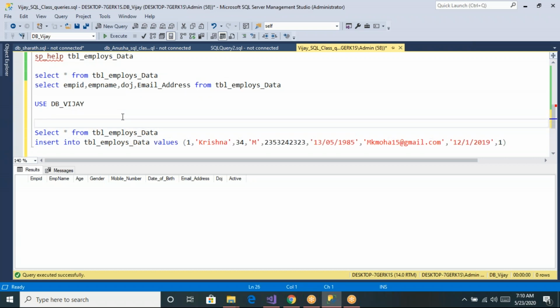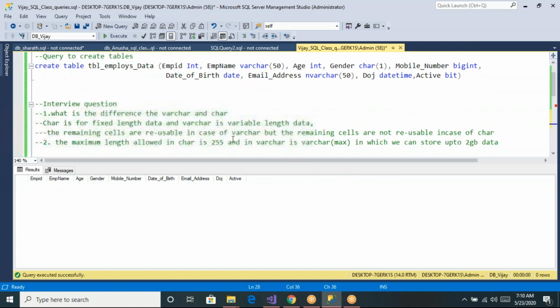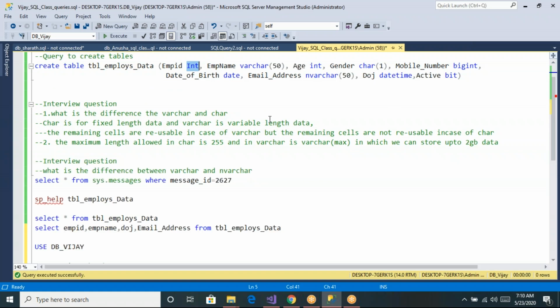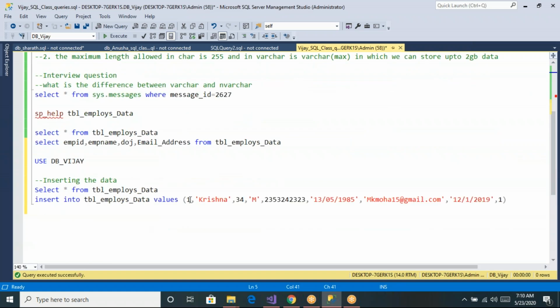So if you want to insert the data into the tables, let us say comment: inserting the data into the tables. So this is your table columns. We have 9 columns. So insert into table name values, and we have to specify 9 values here. Numeric values, like employee ID which we declared as integer, we can directly specify like this.